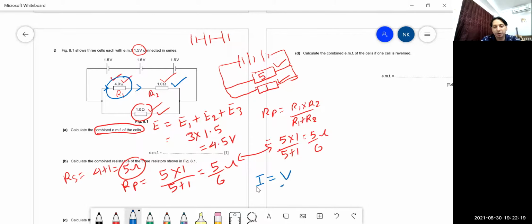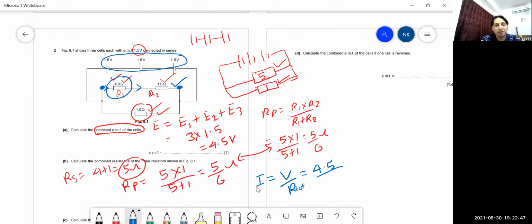We have the general equation I equal to V divided by R. So what is the voltage? What is the voltage children? Now you can see, in parallel the voltage means the voltage at these two ends is the sum of these three voltages, which is 4.5. In parallel the voltage remains the same. So the voltage across the resistors R1 and R2 is 4.5 divided by R total.